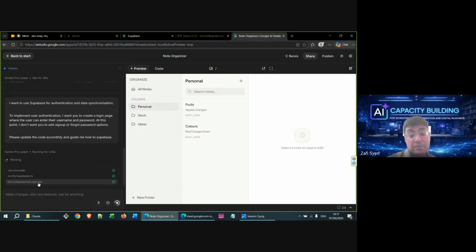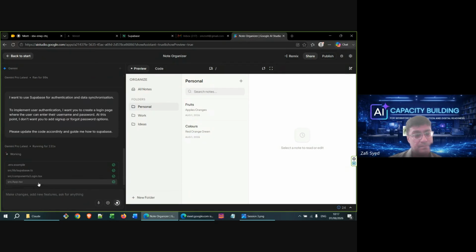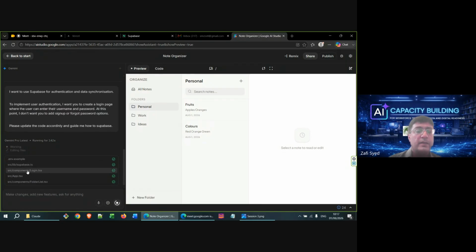And now it should return back the control to us fairly quickly. So of course, it has updated the app as well, just to bring this login page and Supabase sort of merge them together so everything works.